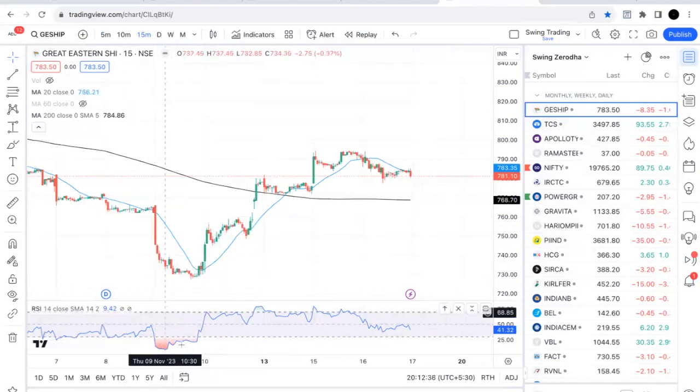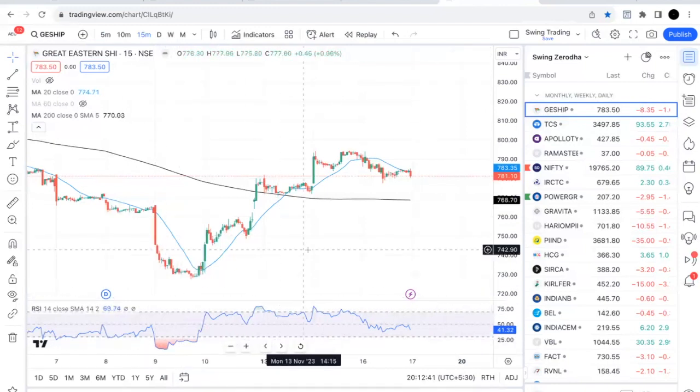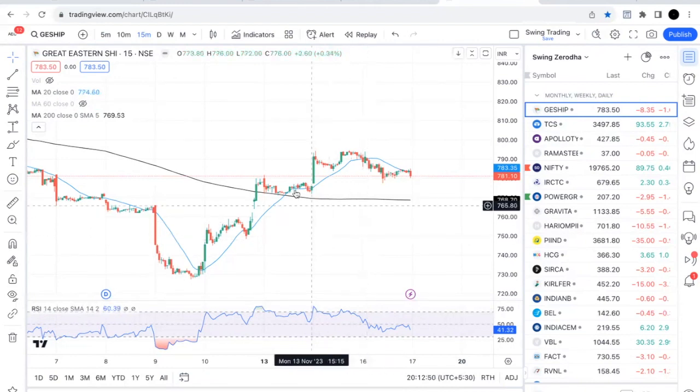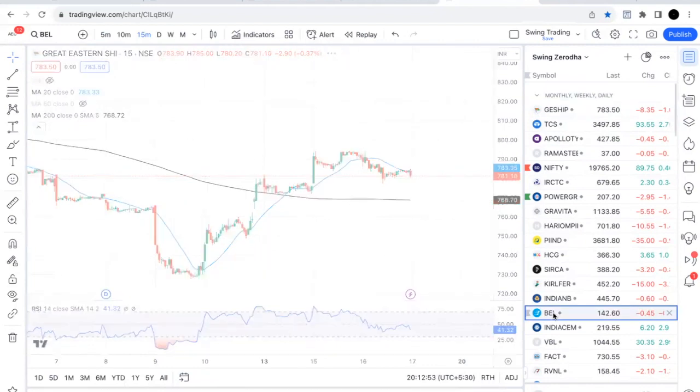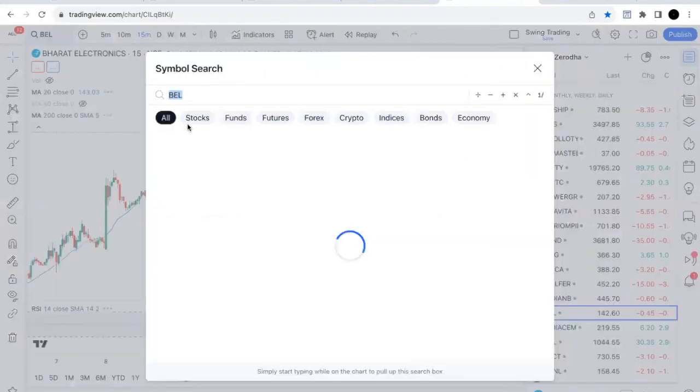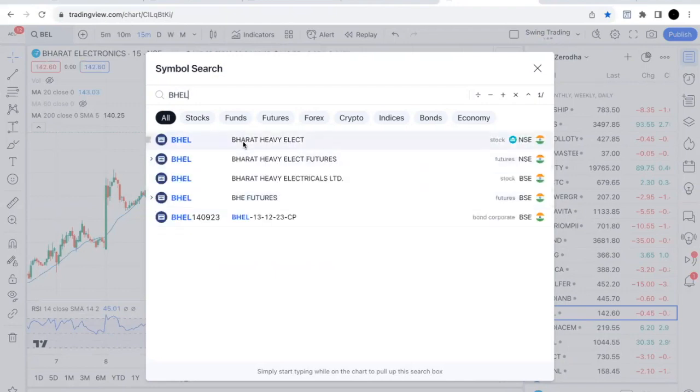Yeah. And my another question is, if we see the BHEL, okay. BHEL, yeah. If we see that chart, it is in alignment of 20, and then 60 and 200 on the daily chart and weekly chart, but not on the monthly chart. But if I look at those charts, they are really aligning with the strategies that we were previously using,